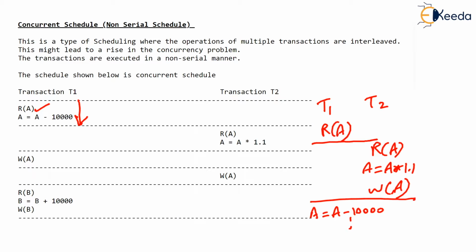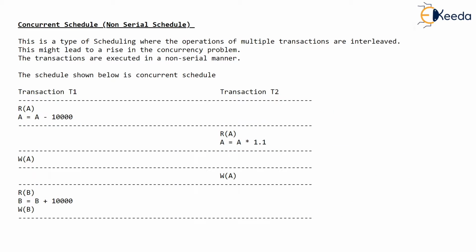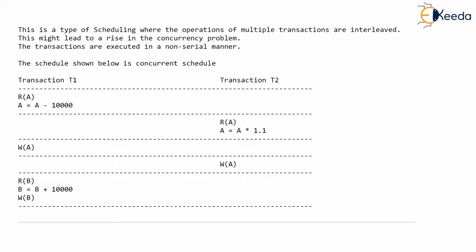By the way, we should not come to any conclusion that if there are two statements of T1 executing, then there will be exactly two statements of T2 executed. What that gives us an idea about is, if we think of two transactions, T1 and T2, running concurrently, and there is a schedule of two transactions called a concurrent schedule, then how many such schedules are possible? This particular schedule which has been shown is one of the possible concurrent schedules.